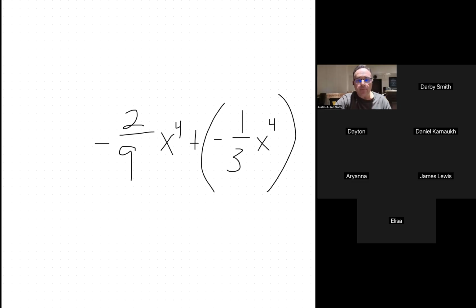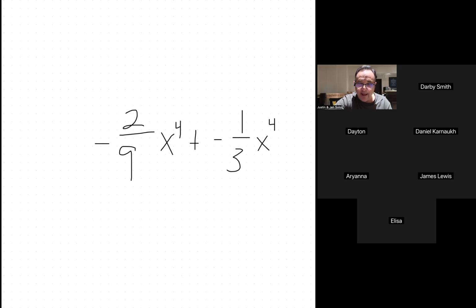Honestly, I don't need this parenthesis here because it's not changing any value, so I'm going to erase it. Okay. So I have two fractions, negative 2 over 9x to the fourth power plus a negative 1/3 x to the fourth power. In order to add fractions, we learned in the fifth grade that you have to have common